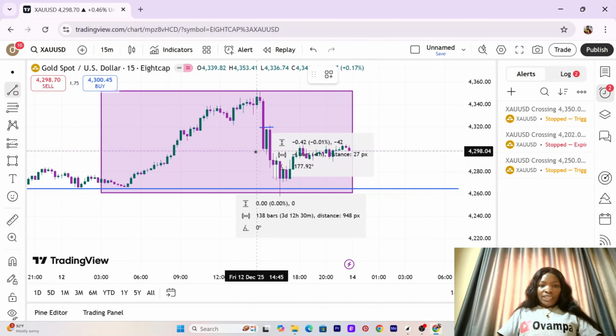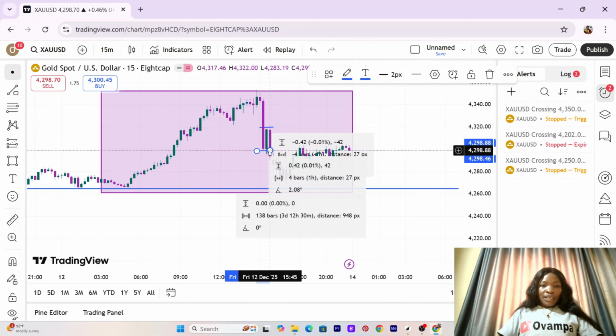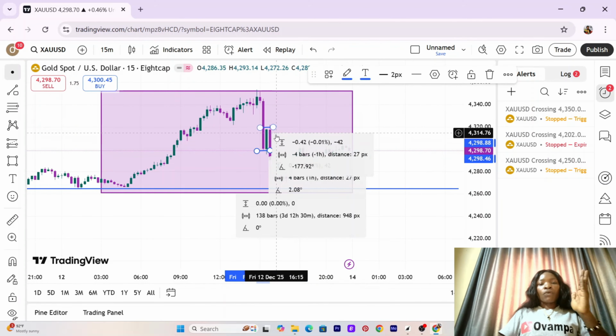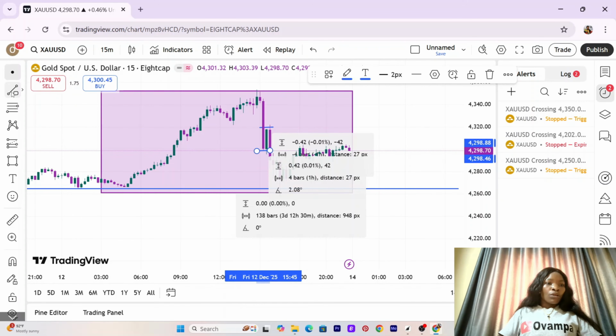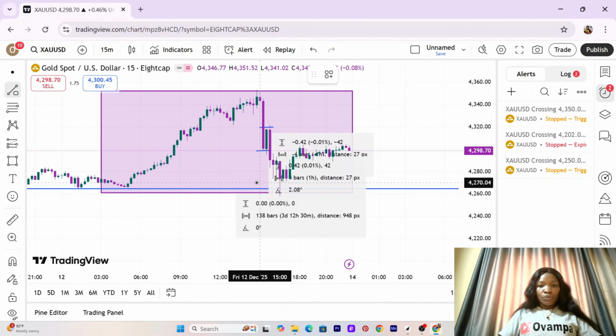What indicates an uptrend is higher highs and higher lows. But then during a correction on the 4-hour time frame, on the lower time frame like 15 minutes, it will be appearing as if